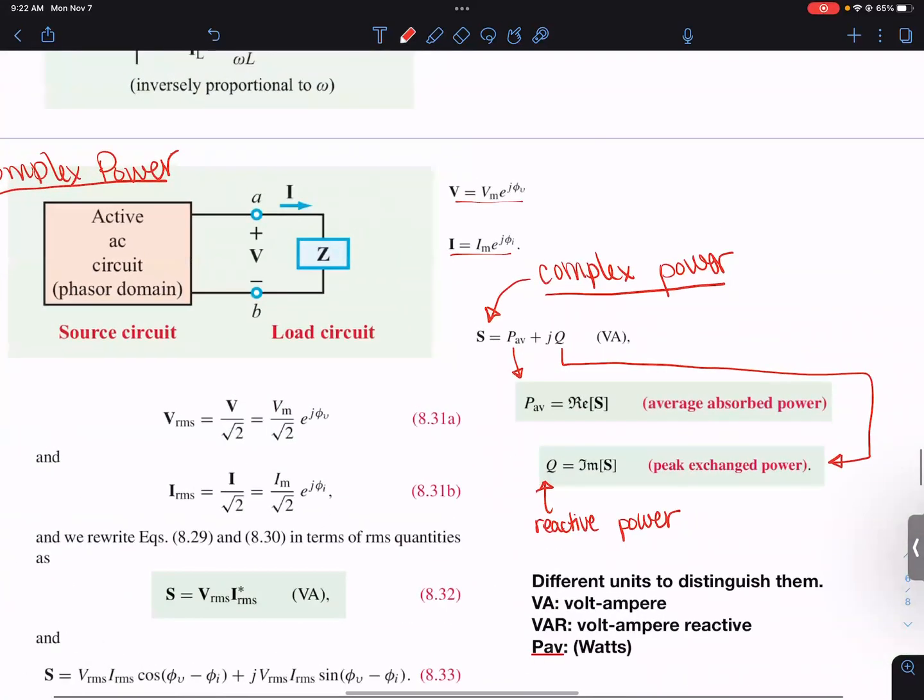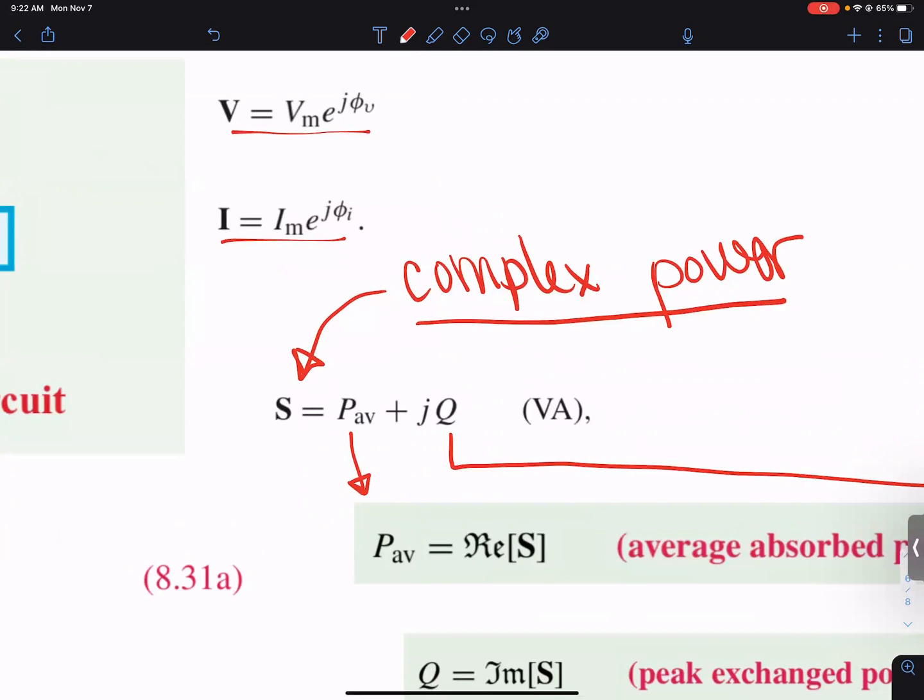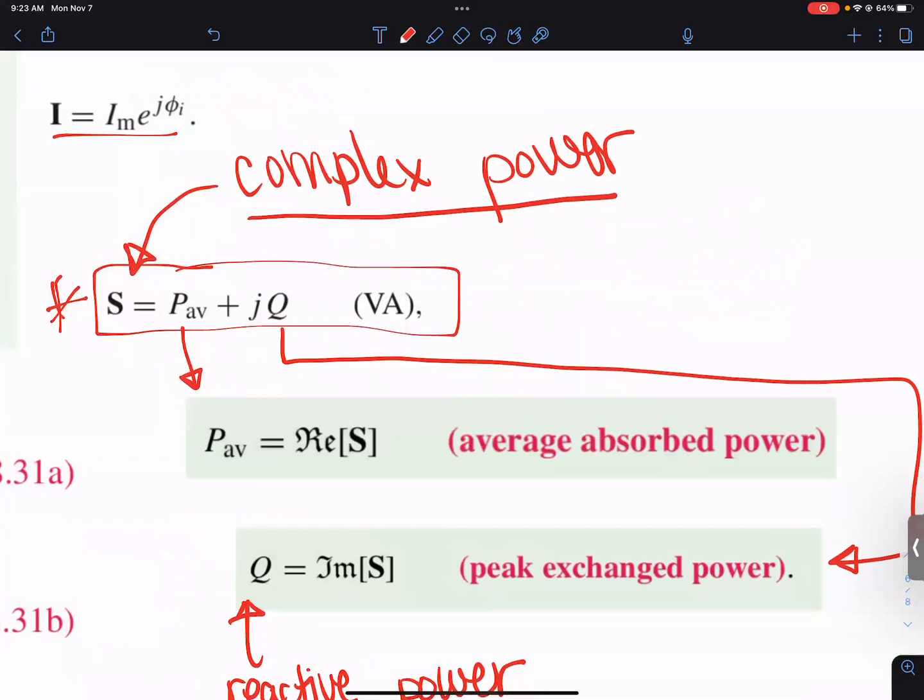We're going to introduce now this new term S called the complex power. And the complex power is our P average, which is the DC component of this. So we're going to again use everything in RMS for that average power. And then we have now a new value that's the imaginary portion called Q. So P average is just the real portion of this complex power. It's the average absorbed power. And now this new term Q,